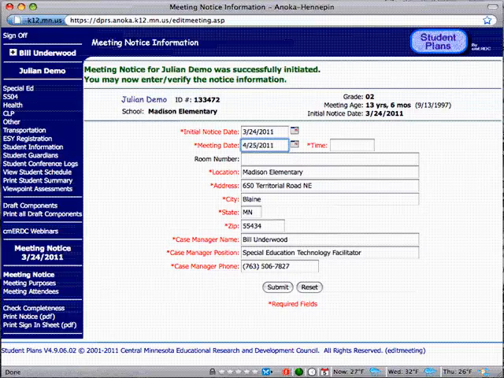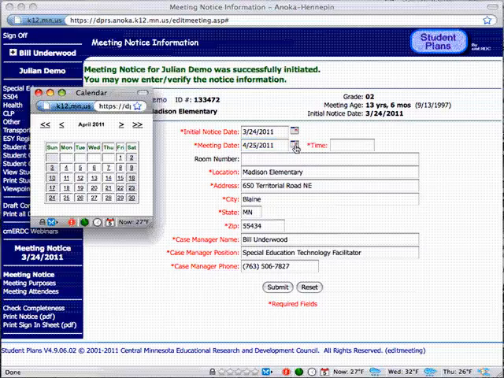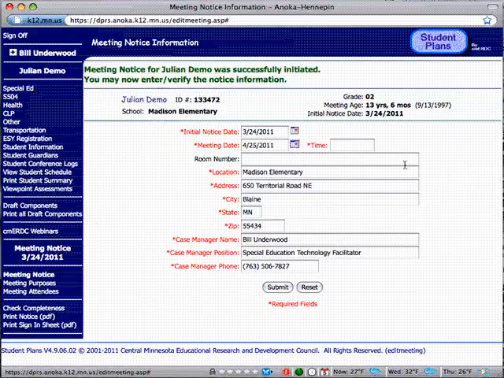You can add dates by typing them in by hand, or you can use this calendar feature here by clicking on that and choosing your date from the calendar. The time, I'm going to go ahead and put in 1 o'clock. Now, DPRS is pretty smart. If I just put in the number 1 here, it knows that I'm not talking about 1 in the morning. I'll just put the number 1 in there, and I'll move down, and it automatically filled in the rest of that,